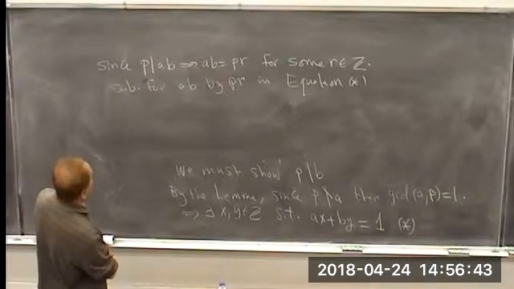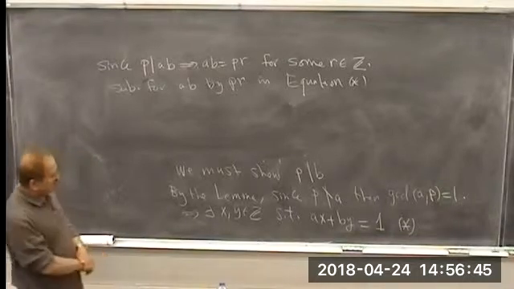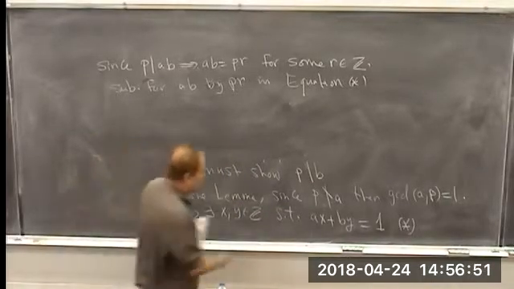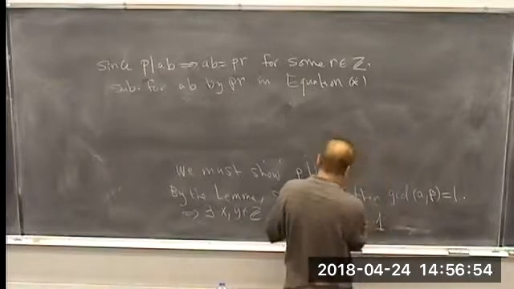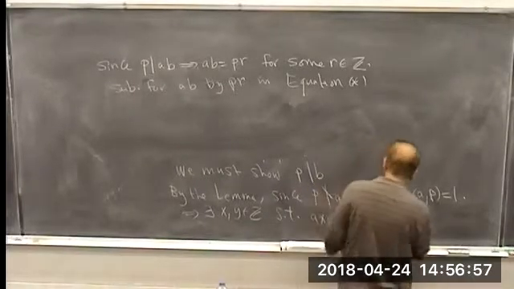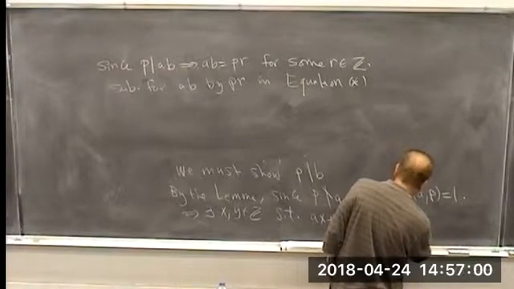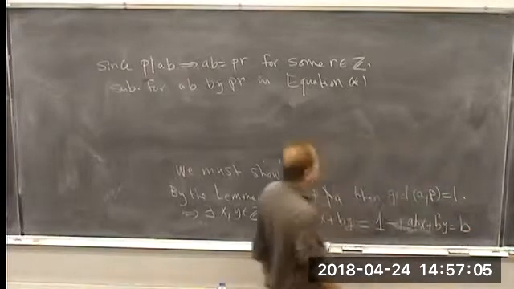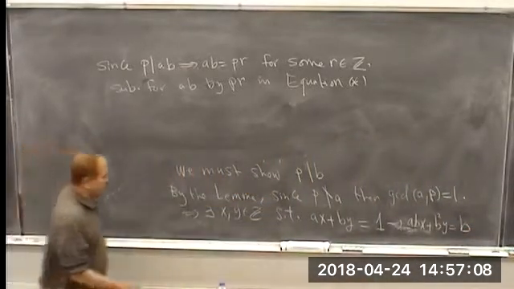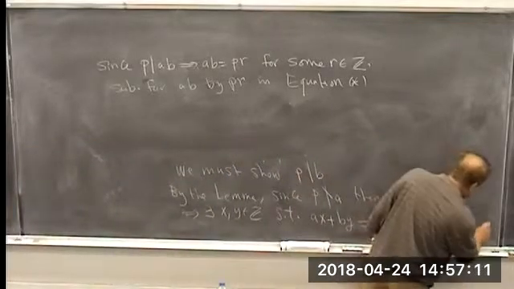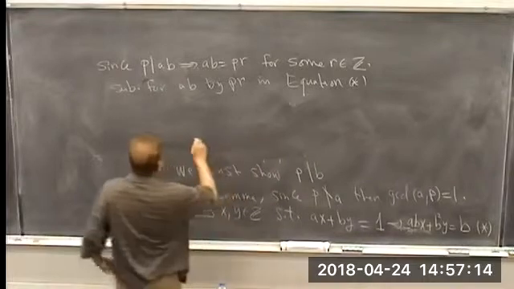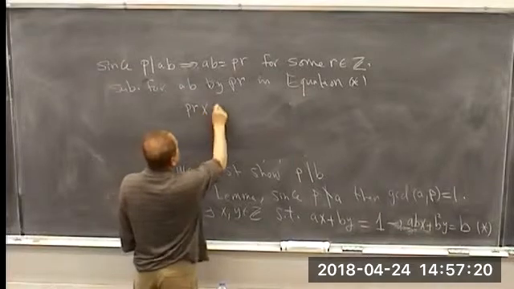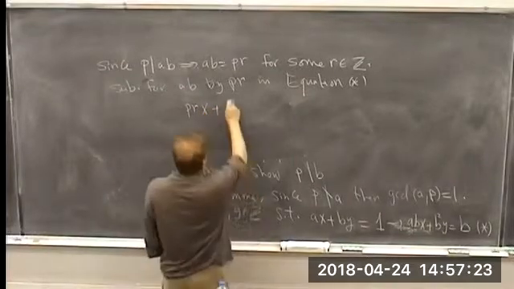In fact, I don't have an AB. So let me actually multiply. Let me go from here. So I'm going to multiply by B. So we get ABx plus PBy equal B. Okay? Now, I want to substitute in this equation for AB. So the equation becomes PRx plus